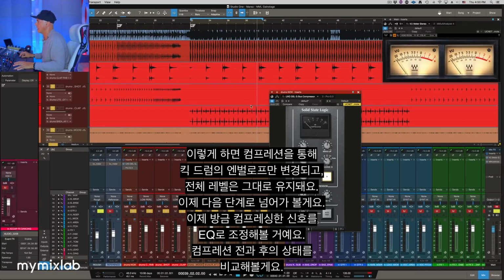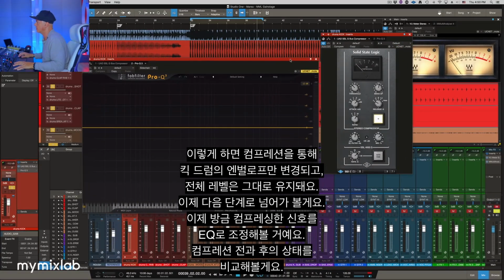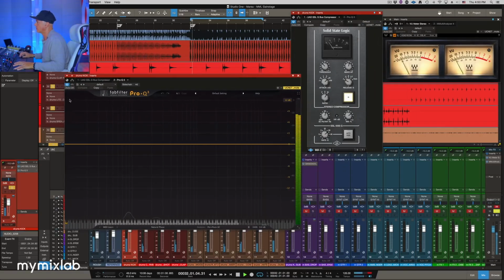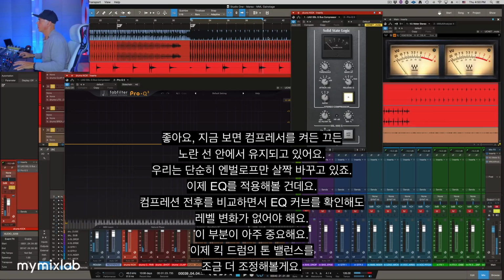Now, what is the next step? Let's say now we want to EQ what we just compressed. Now, with or without compression, let's put this in the middle like this. All right, so. We're getting just a touch of peak on the kick drum, so let's lower that. All right, so we have the yellow line with or without compression. We are staying on the yellow line. We're just changing the